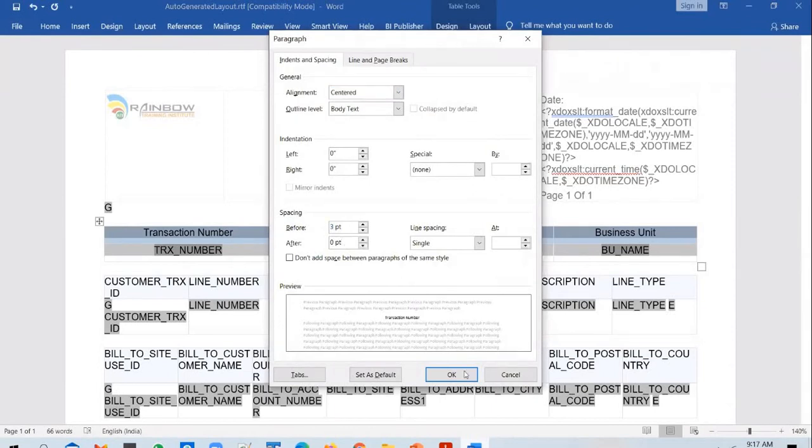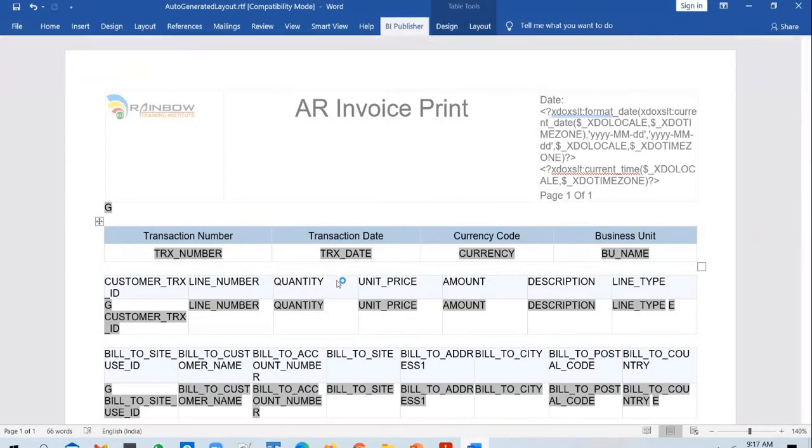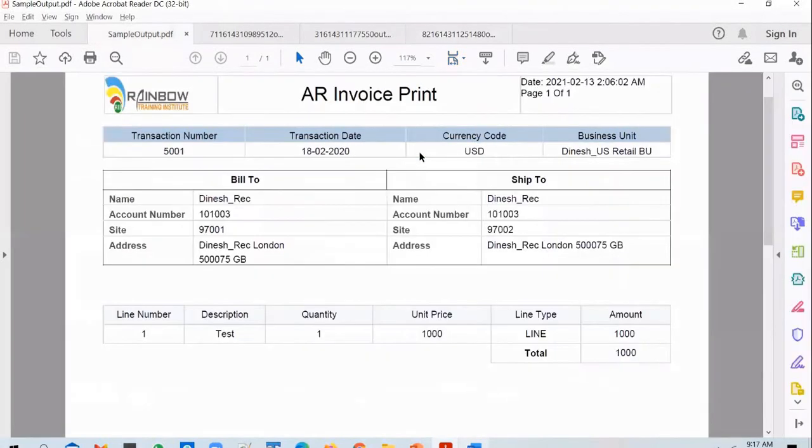So I'll say 3-point space before it is printed, so that you will see a space before the labels and the data is printed. So you save it, go to BI Publisher tab, go to PDF output and generate it. And it's looking better now. So the second table is also fixed, and it's looking like what the customer has asked us for the transaction details.